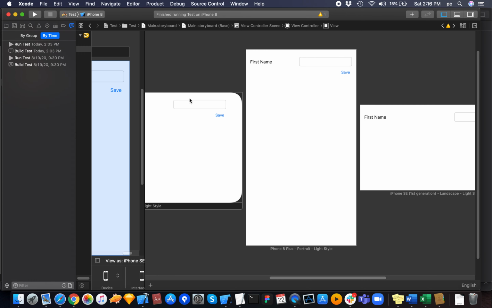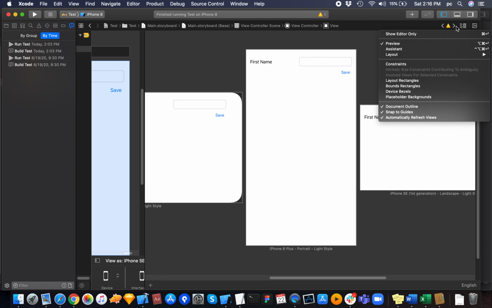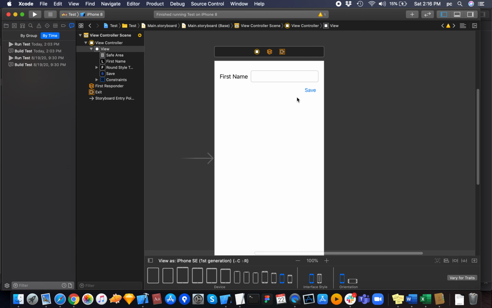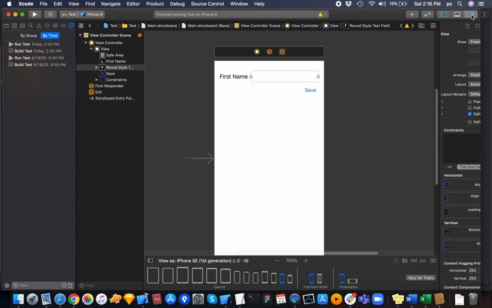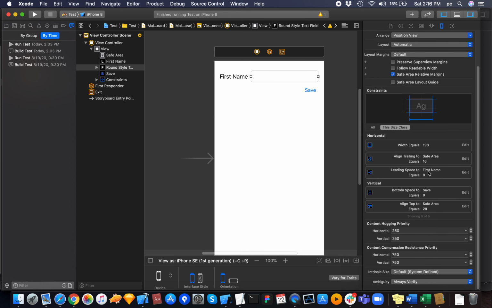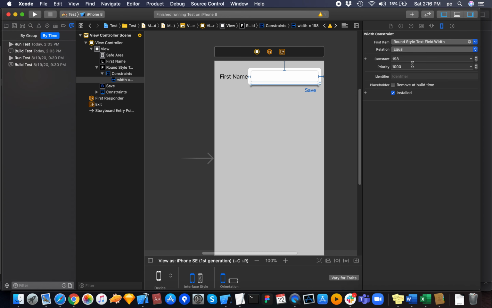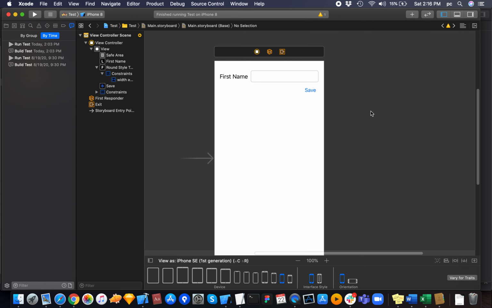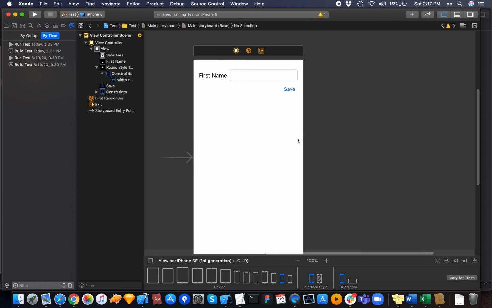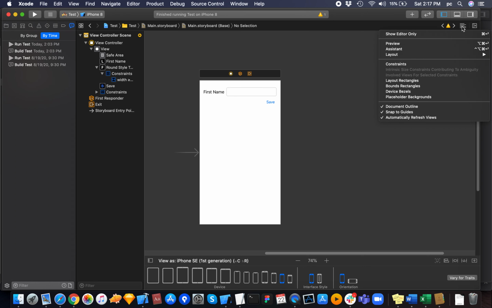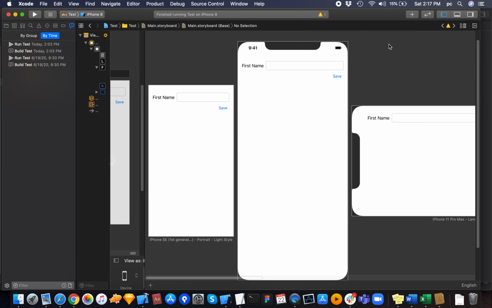What we want to do is make our text field grow, and in order to do that, we will choose our text field, go to the attributes inspector, select this width constraint and change its relation to greater than or equal, so it can be just greater than or equal to this size. Now when we review again, you can go to the preview, and it looks fine on iPhone